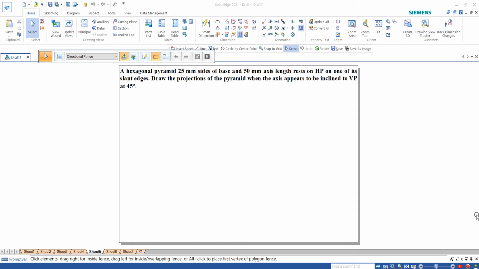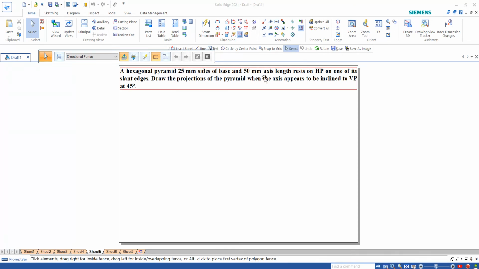So this problem is quite different from the previous problems we solved. Here the initial position is not specified, whether it is resting on a corner or an edge. Instead, they give the second position and the first position together, where they specify it as a slant edge or a slant triangular face. For a slant edge, we need a corner. For a slant triangular face, we need an edge. So whenever they say it is resting on one of its slant edges, we take it as a corner condition. Whenever it is resting on one of its slant triangular faces, you have to take that as an edge condition.